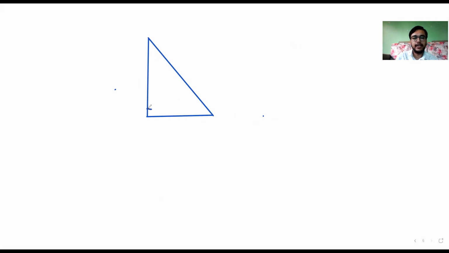When you draw a 90 degree angle, you will get this type, right? One horizontal line and one vertical line perpendicular to each other. In triangle ABC, here angle B is 90 degrees. And the remaining two angles are acute angles. In a right angle triangle, the remaining two angles are always acute angles.